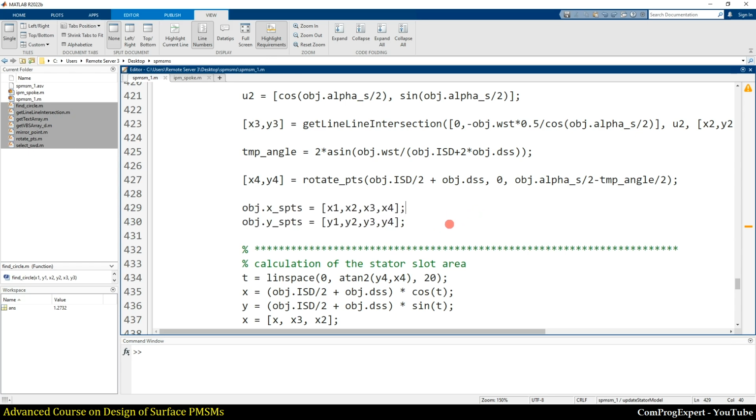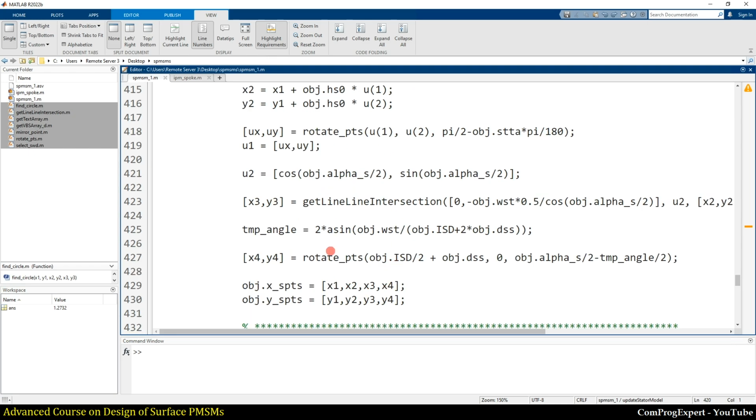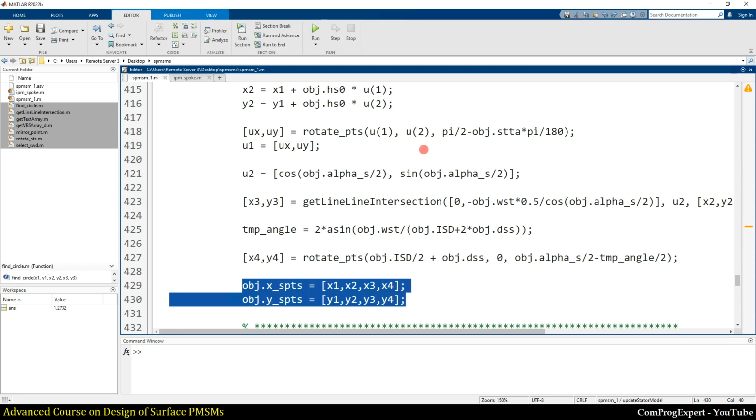Because the time of this video is high, let's pause here. You can repeat the same procedure and write the code to calculate the coordinates of these points, and let's continue in the next video. Thanks for watching.